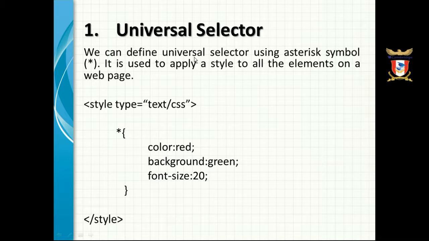First we'll discuss about universal selector. We can define a universal selector using a star symbol, that is asterisk symbol. It is used to apply a style to all the elements on a web page. For example, as the name suggests, a universal selector will apply its style on all the elements of a web page, whether it is h1, h2, paragraph tag, that is